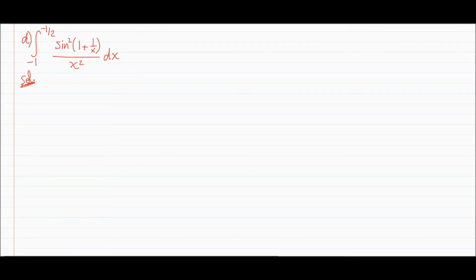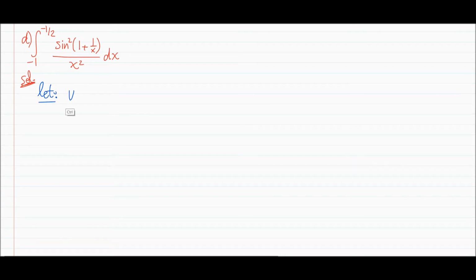And now let's go to item number D, which is integration from -1 to -1/2 of sine squared of 1 plus 1 over x, times 1 over x squared dx. Here, this is a complicated expression or complicated problem of integration. So I have to make a substitution first. So what is the substitution here you have to do? You have to take all what is inside the trigonometric function in order to get an easy form or a compact form. So here you have first to let that